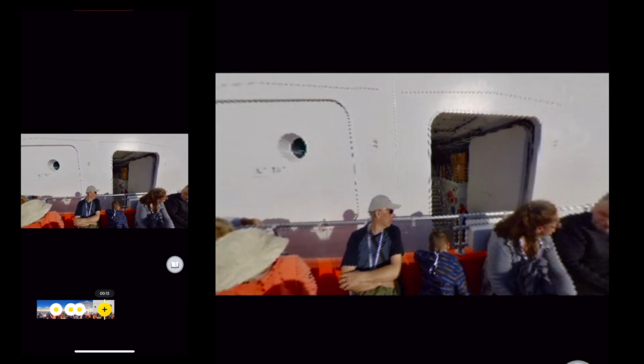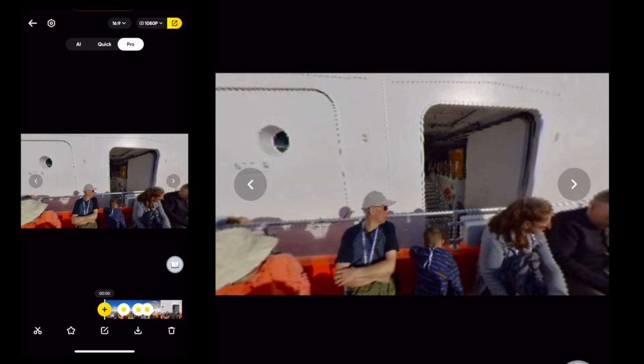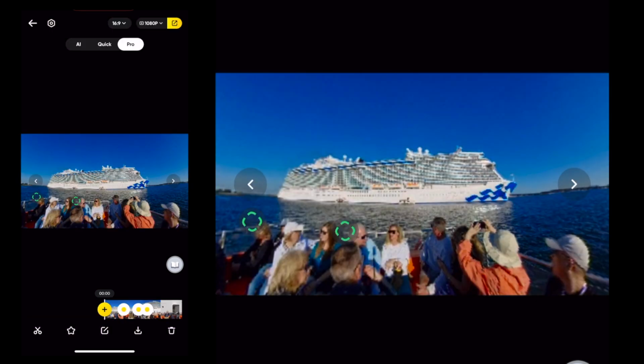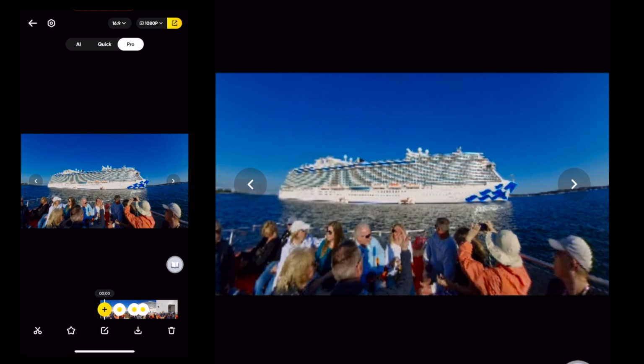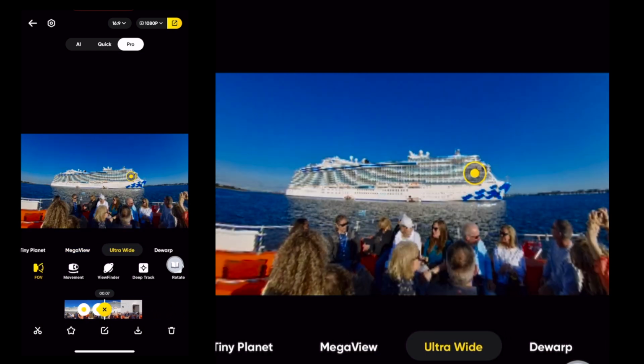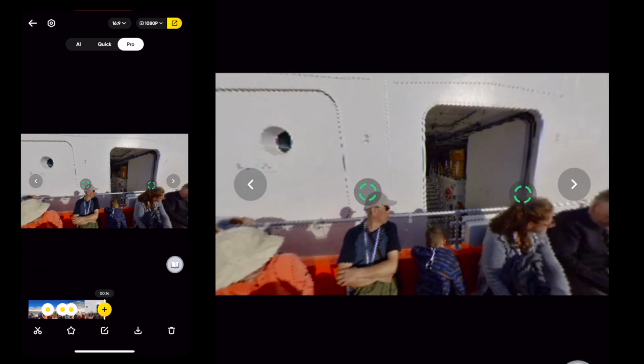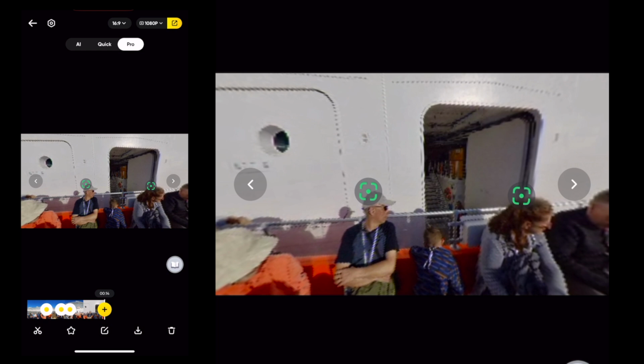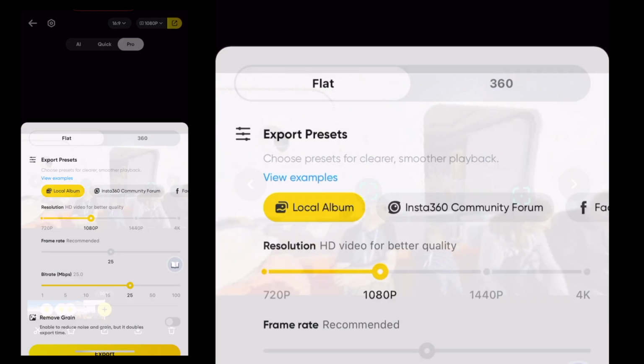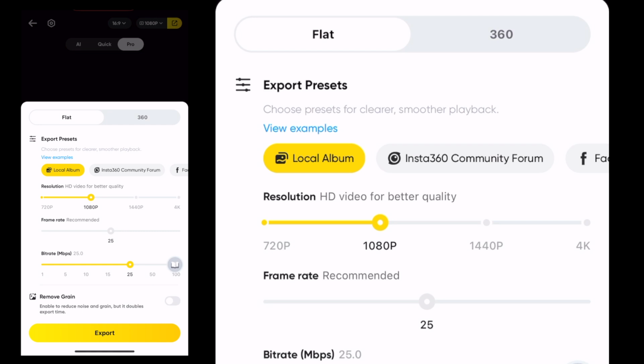But on the ends, I don't mind it being a little bit longer because it helps with transitions sometimes. So if it lingers a little longer here, that's okay, but I don't want it as long as it was. And also at the end here, it kind of lingers a little, but that's okay for transitions later. So now we can export, and here we can export in the different